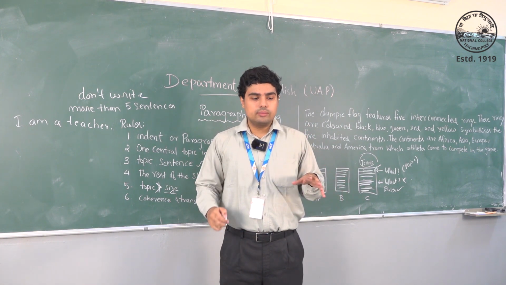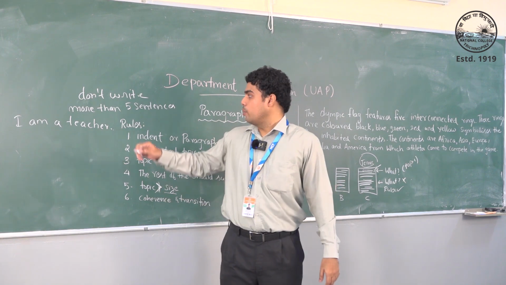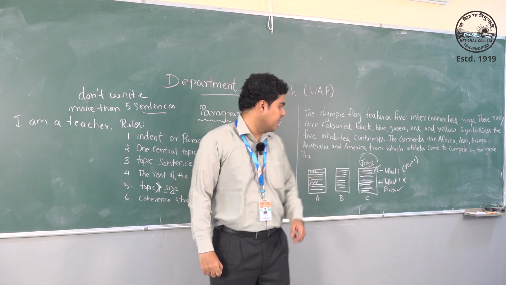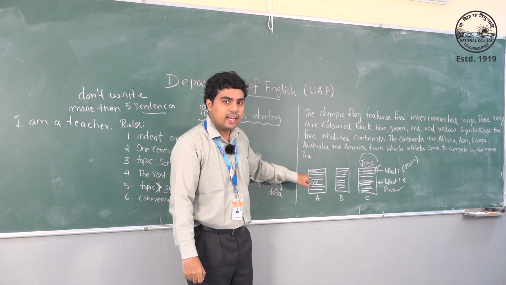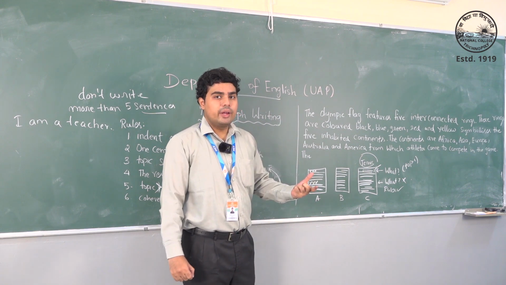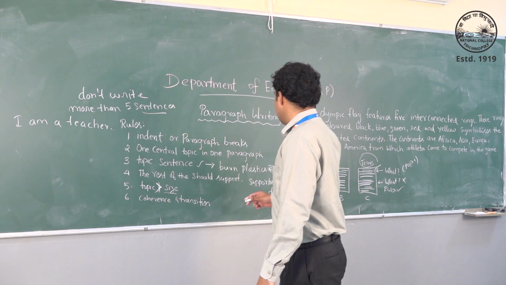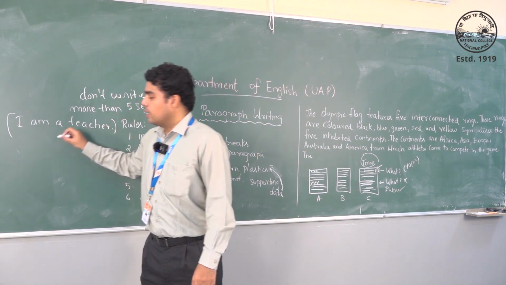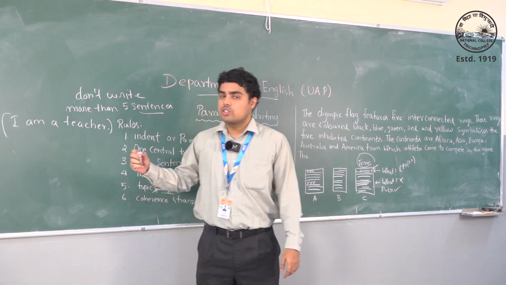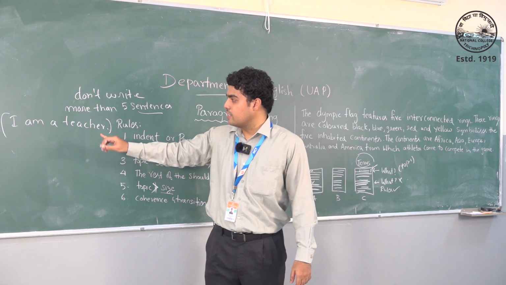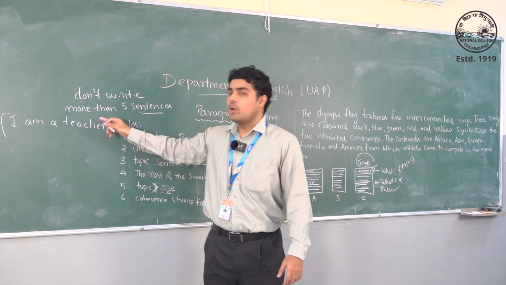I want you to listen carefully because I am talking about sentences, not lines. A line is something different. A line is, this is the first line, this is the second line, this is the third line. But a sentence gives a complete meaning. You might be confusing it with an example which I wrote earlier. I am a teacher. This is also a line, this is also a sentence. But this is a simple sentence, which has a subject, verb and an object.